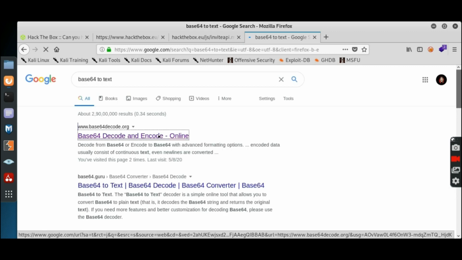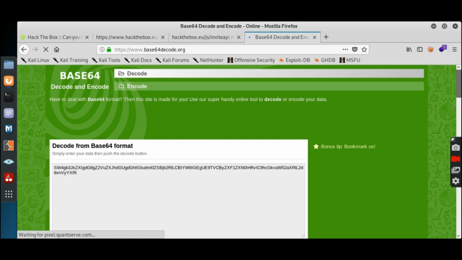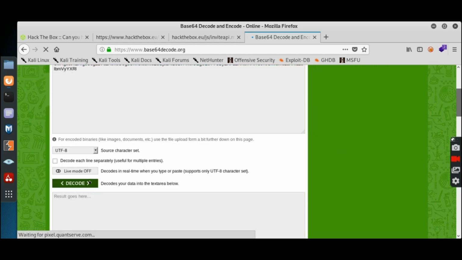We can decode it online. Paste the data here and hit the decode button.